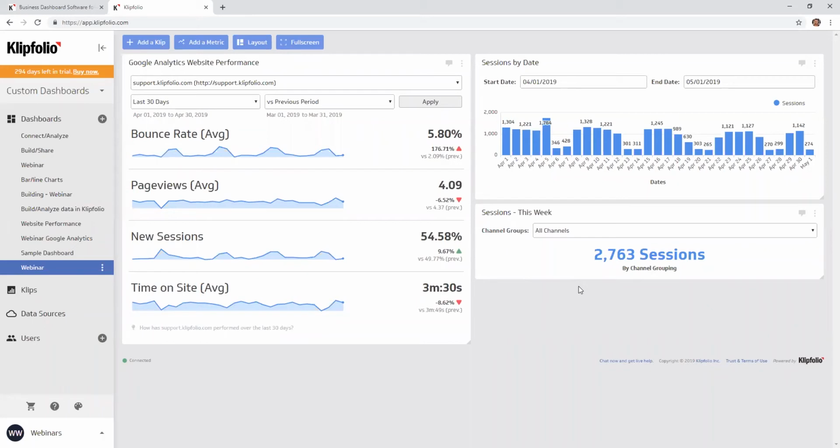The question that is coming through is, how many clips can I have in a dashboard? That's a great question. So far we have 3, but you can have up to 30 clips in a dashboard, which will give you plenty of room to have lots of different KPIs, and they can all be